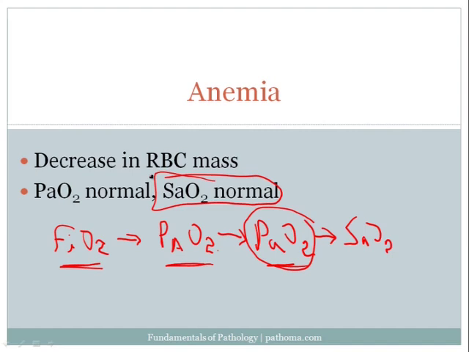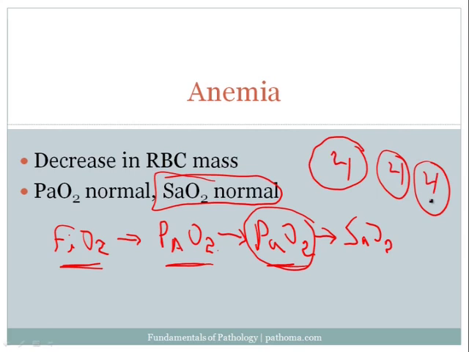And the reason the SaO2 is normal is because the SaO2 just looks at what percentage of the hemoglobin is bound by oxygen. So let's just pretend that I've got 3 red blood cells in my entire body, and each red blood cell is carrying 4 molecules of oxygen. In that case, I'm 100% bound because each cell has the ability to carry 4,